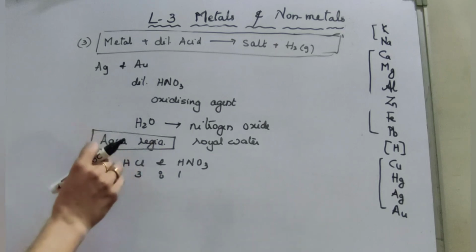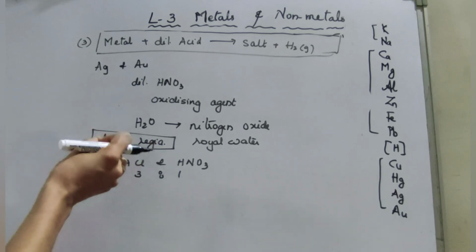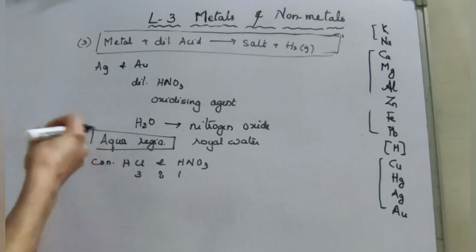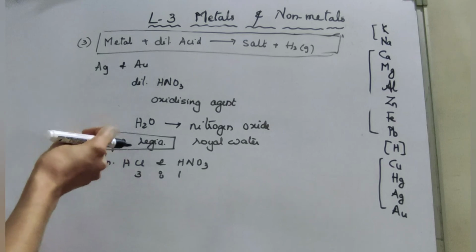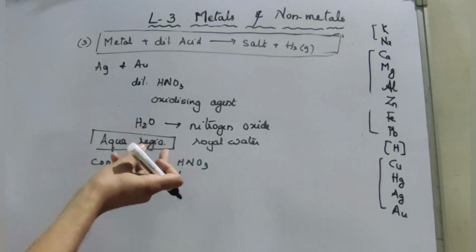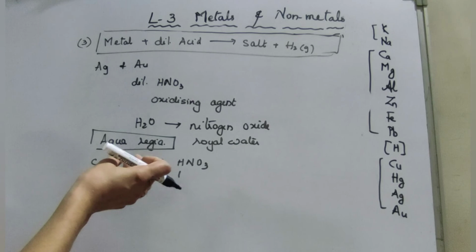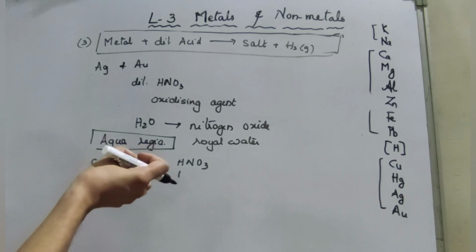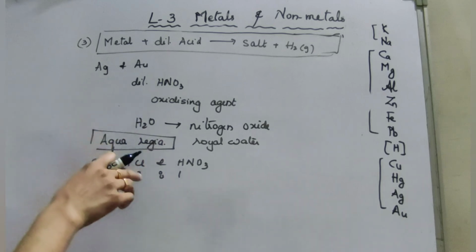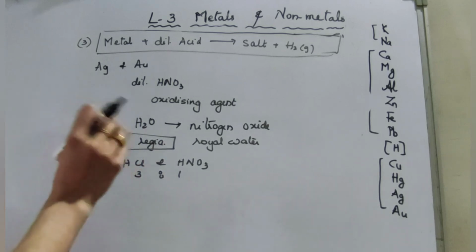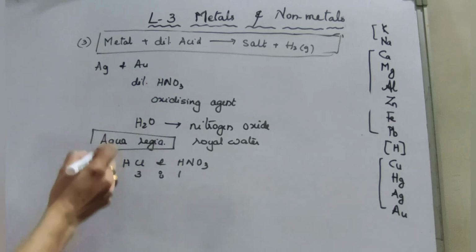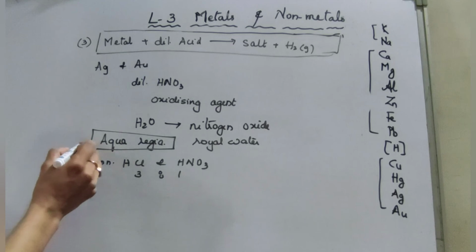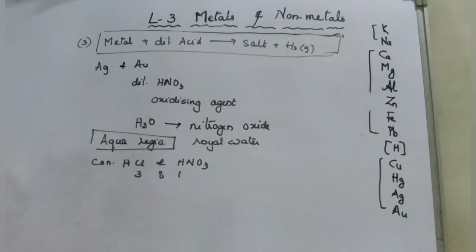After dipping gold ornaments in it, the outer layer gets dissolved and the inner shining layer appears. Suppose we want to bring back the glitter of old and dull gold ornaments, we have to dip them in this particular solution. The ornaments sparkle like new ornaments. That's a very important thing. Silver, gold and platinum dissolve only in aqua regia.